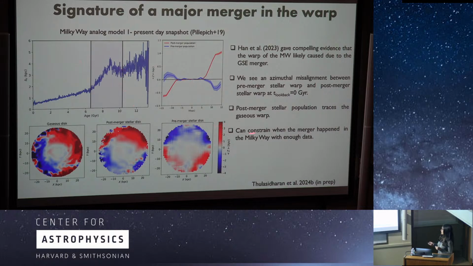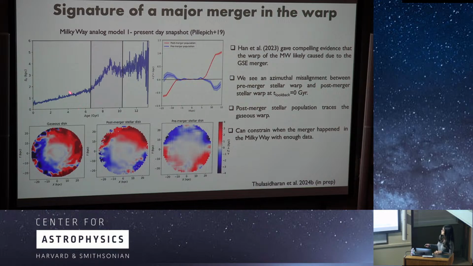the warp in the model galaxy, Milky Way analog model 1, and we colored the XY plane as a function of average C in order to see the warp signature for the gaseous disk, for the stars which are born after the merger and for the stars which are born before the merger in the present day snapshot. So what we see here is that the stars which formed after the merger,